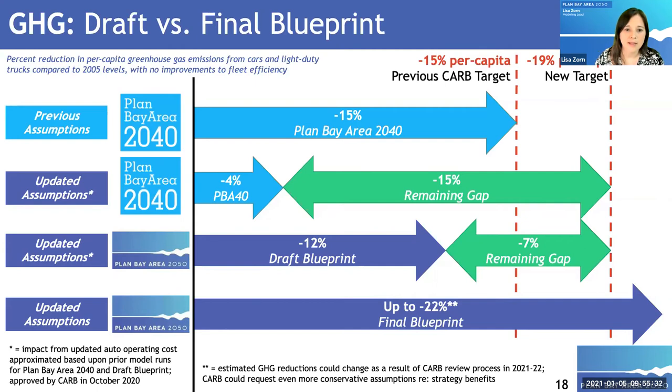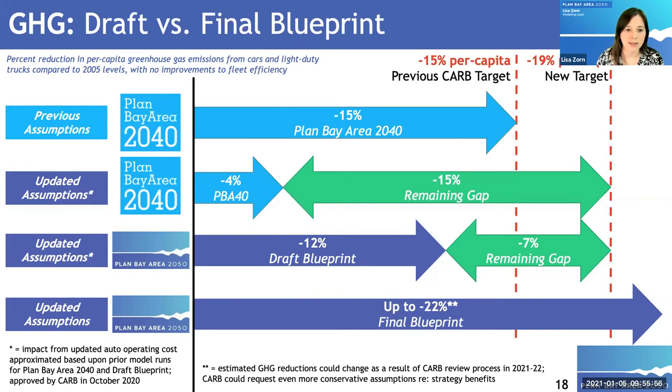But with the expanded suite of 35 strategies adopted this fall, we are now projecting that the final blueprint could achieve up to 22% per capita reductions towards the SB 375 target, with even greater real-world reductions if you count state and federal actions to further improve fleet efficiency. So this means that we are going into the consultation and review process with CARB with a plan that clearly